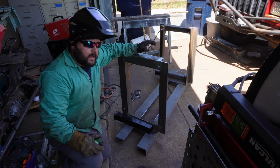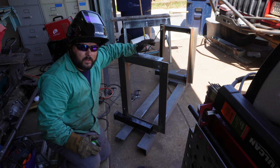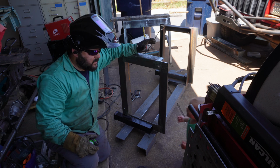Alright, so what we're working on now is adding some receiver tubes to the bottom side of this welding bench. And what this is going to allow us to do is really going to allow us to...